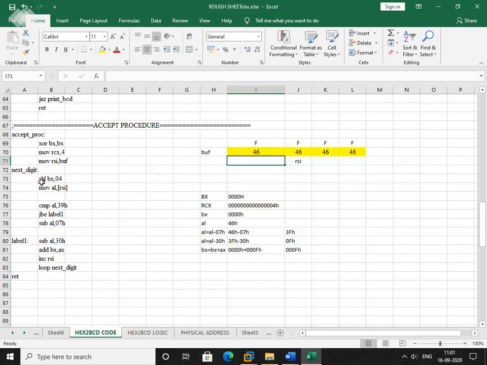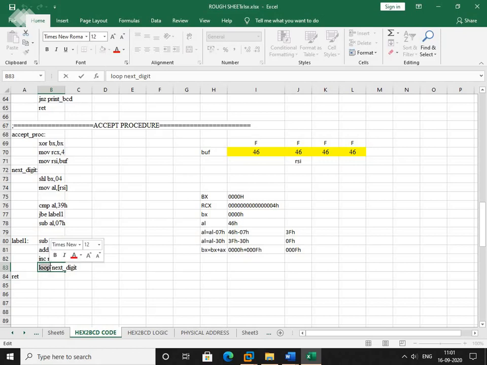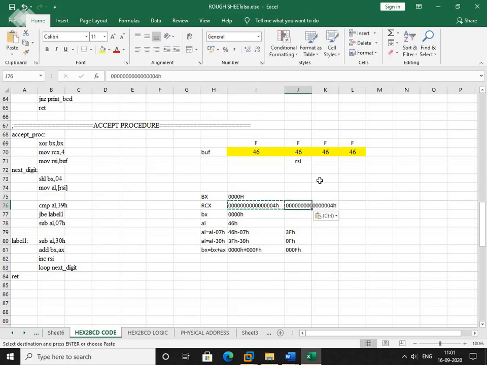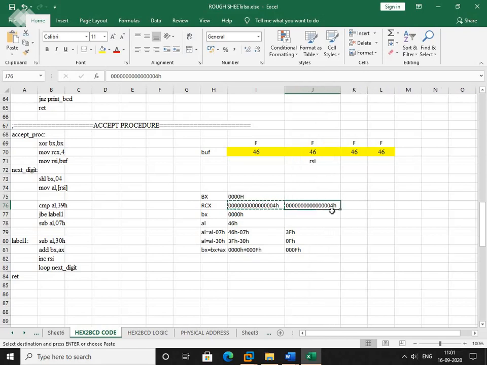Next, I have used the loop instruction. That means RCX will get decremented by 1.